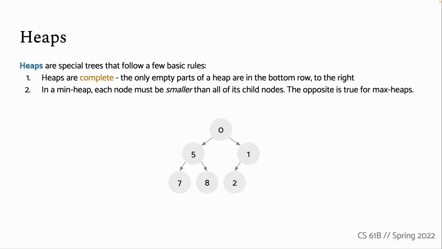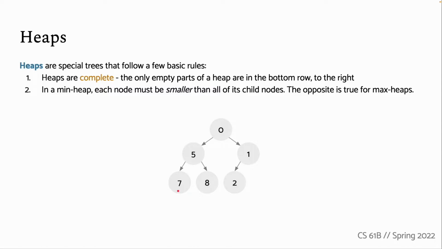So heaps are a special type of tree that follow a few basic rules. The first basic rule that heaps always follow is that heaps are complete. What complete means in this context is that the only empty parts of a heap are in the bottom row and to the right. So for instance, in this example, this would not be a valid heap if this 8 node didn't exist, because we have to fill in our heap row by row from left to